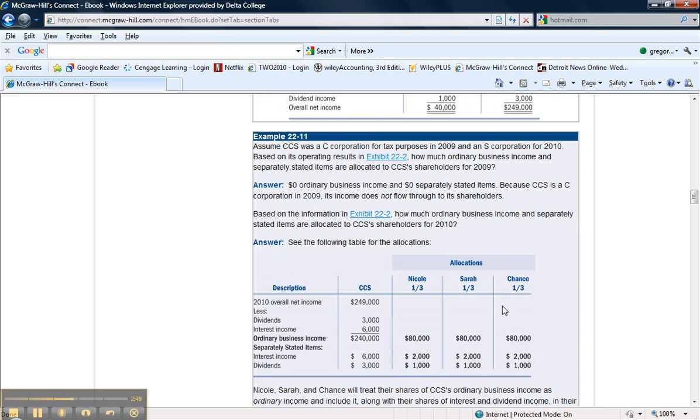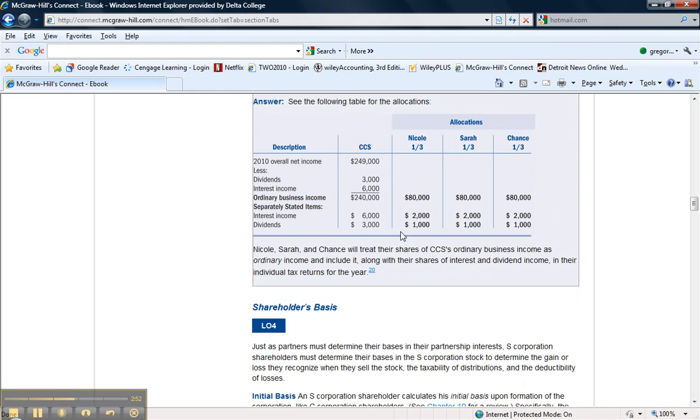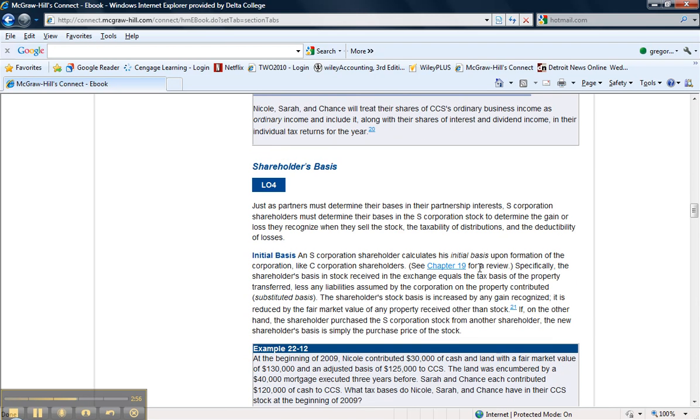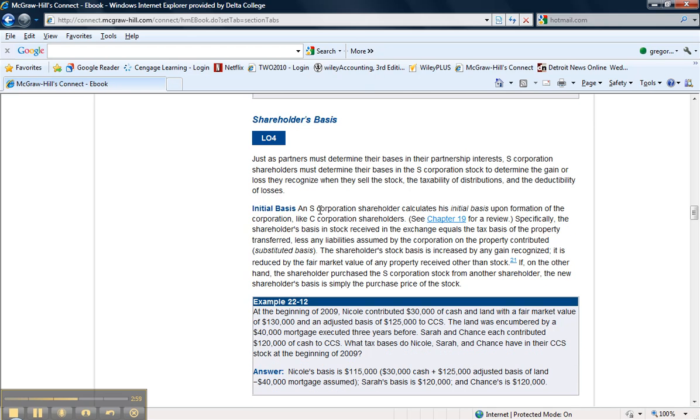Another example of how they would be allocated, breaking them out of ordinary income, breaking them out and then separately allocating them. And then I'm going to talk about shareholder basis in the next